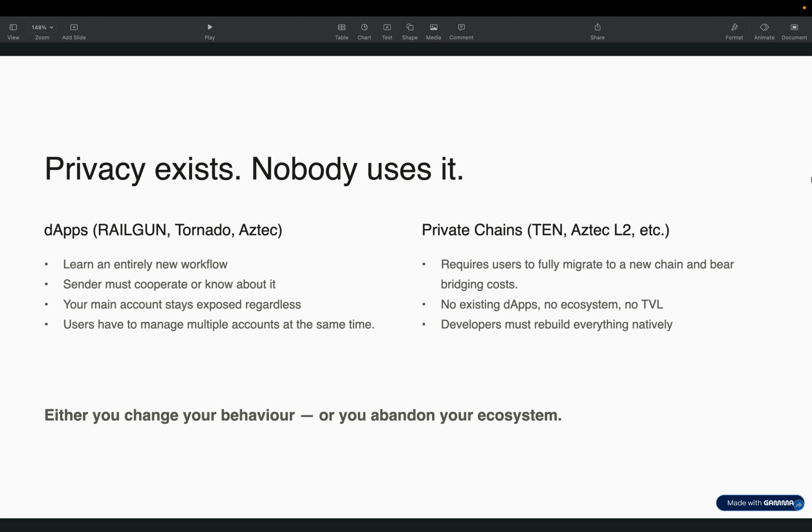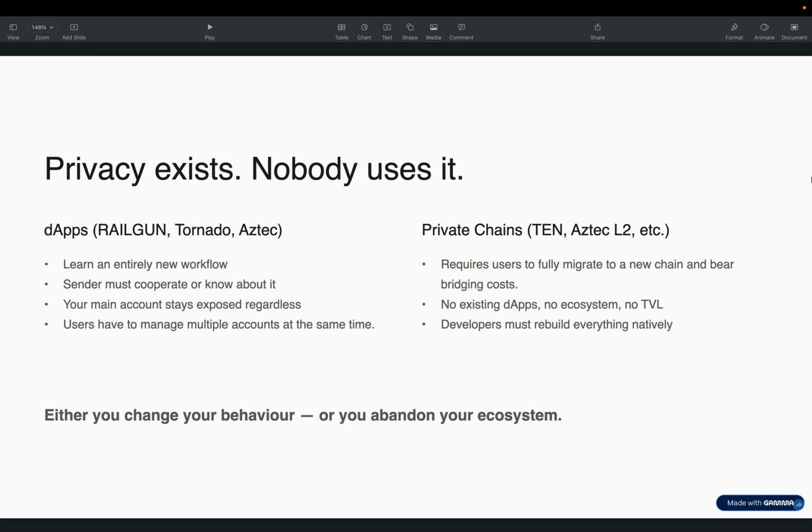So, what are the current solutions for privacy? We can divide them into two major parts. Either we can use a dApp based privacy solution or a whole new private chain to get those privacy benefits. But both of them have their own disadvantages.